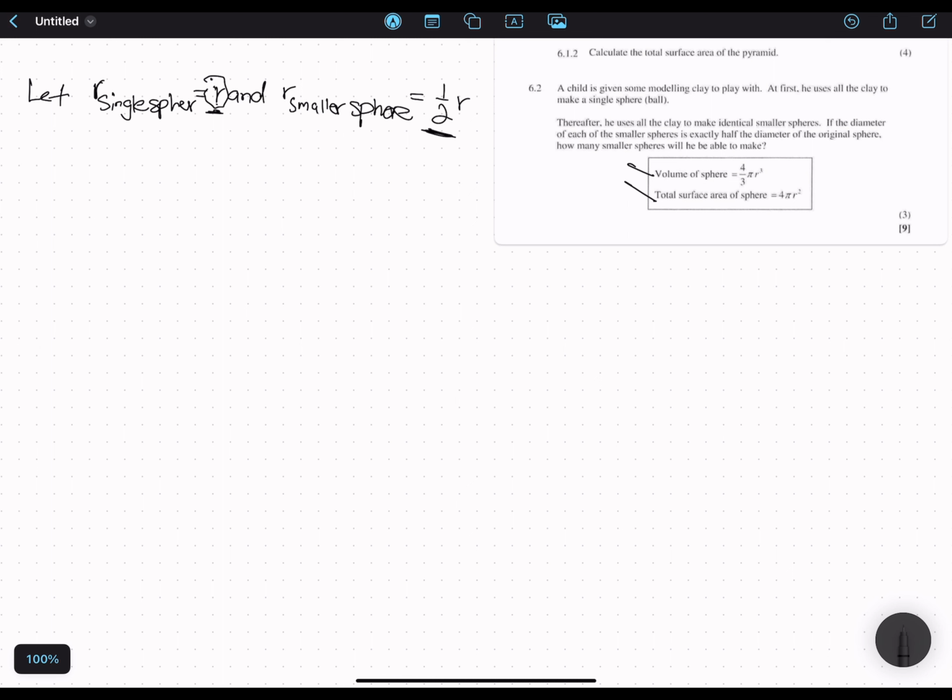So to do that, let's calculate the volume of this big single sphere. Let's say the volume of the single sphere is given by, what will be the answer? The volume, obviously it's 4/3 pi into, we have to substitute that, which is r. In this case, we used r. Then it's just going to be 4/3 pi r cubed, right? We're going to have that. Then after that, let's calculate